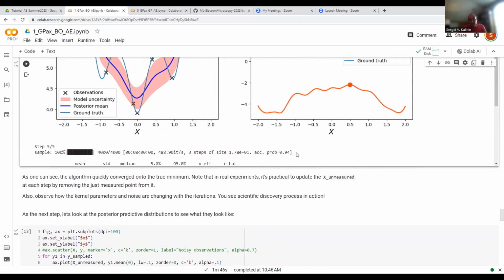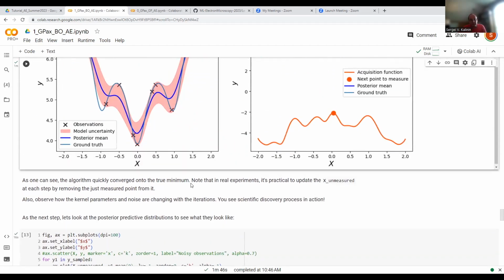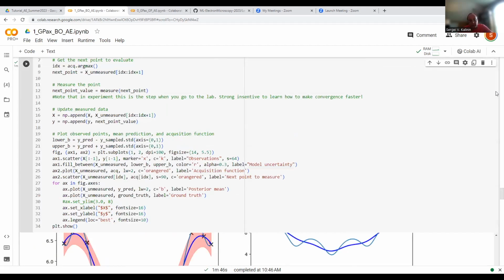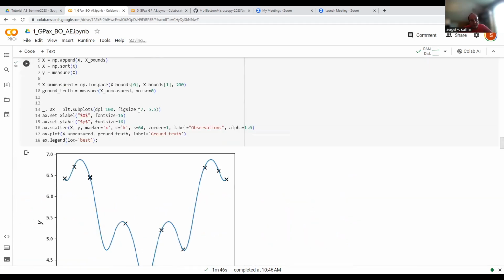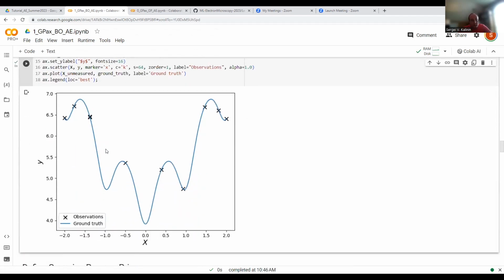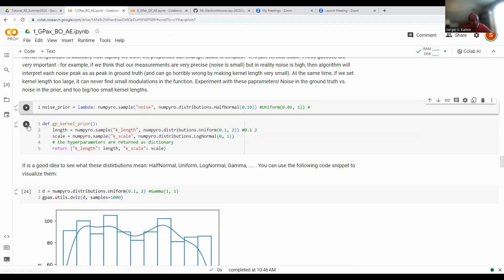And now let's, as the last, as you can see, in this case, when our process is exploration dominated, so we want to explore more than find the minimum, we actually start to reconstruct our function sufficiently well. So it almost looks like a normal GP-based reconstruction. Now let's run this experiment one more time and call it a day after that,